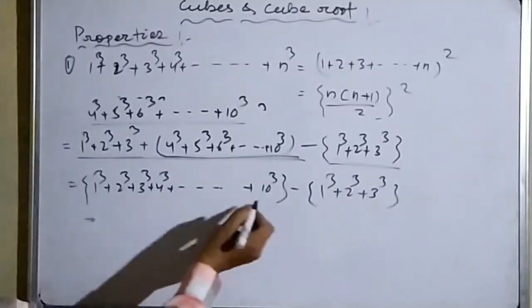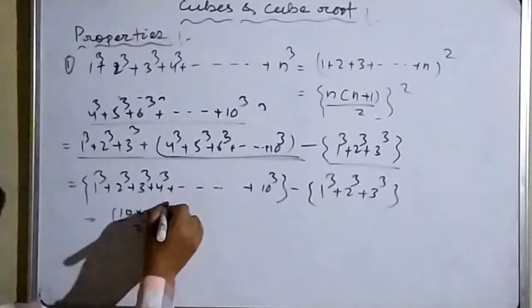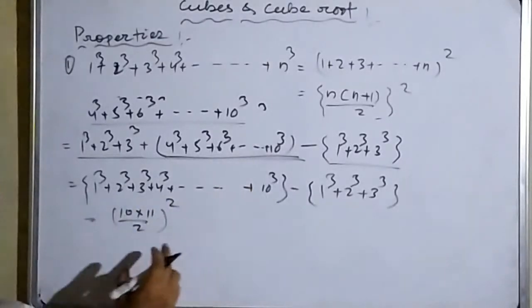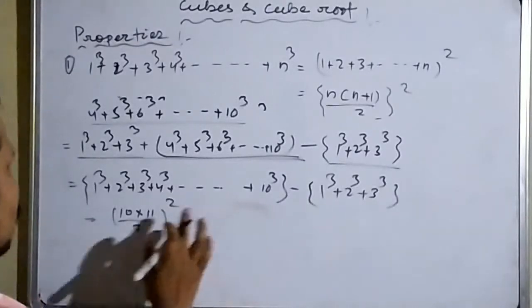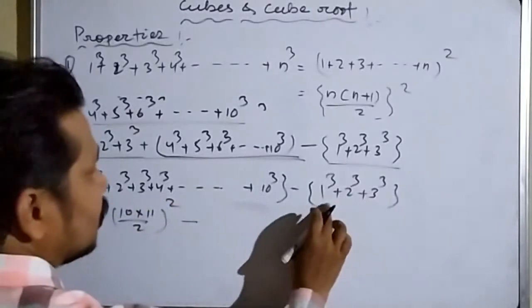Okay, so the result is how much? 10 into 11 by 2 whole square, because this series starts from 1 and ends with 10. So here n is equal to how much? 10. Okay, so our formula is 10 into 11 by 2 whole square, minus